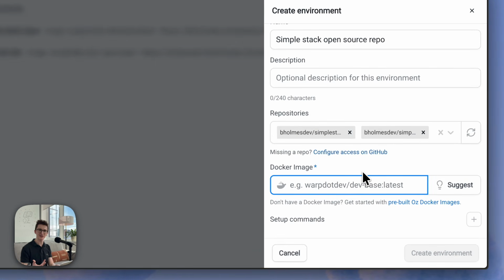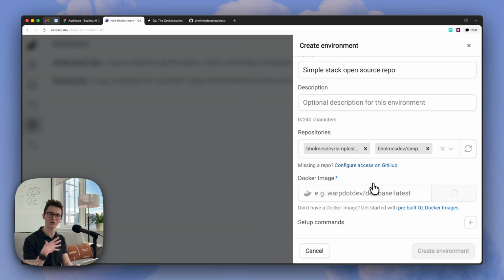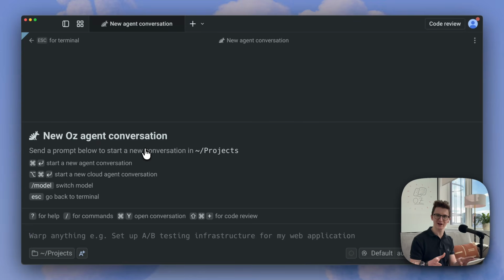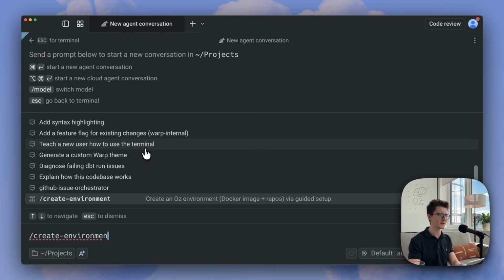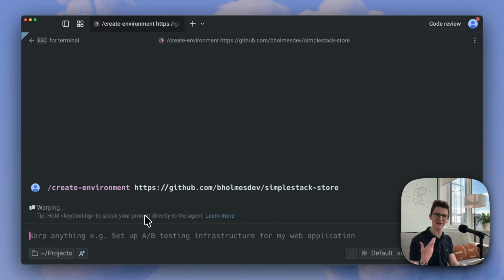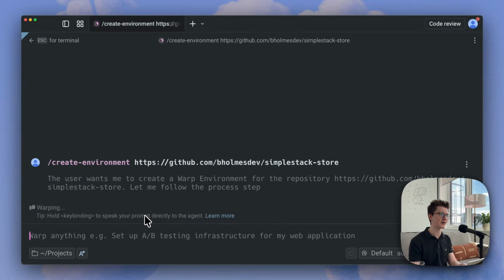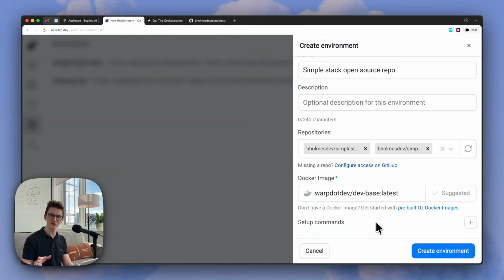Then you can use an agent to suggest the right Docker image for you. This will go through the code bases that have been attached, figure out the languages that they're using, and pick a Docker image that fits the stack best. And if your tech stack's a little more exotic and we don't have a Docker image specifically for it, you can run create environment and pass along the code repositories from here. This will spin up an agent to go through the same set of files and create the Docker image for you. In my case, though, I'm just using JavaScript, so I'll head back to the web UI and use the